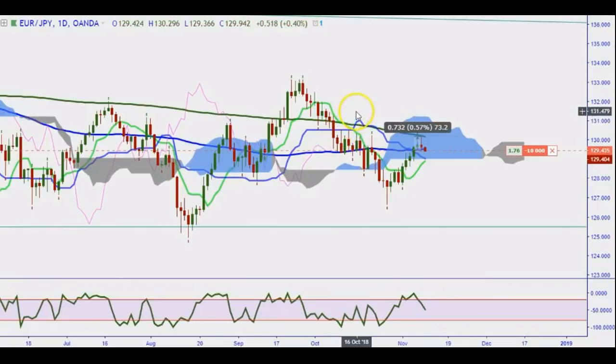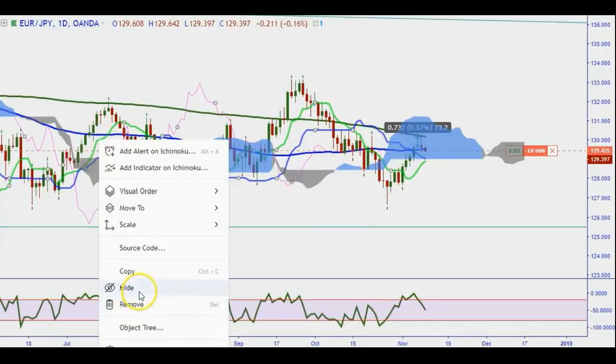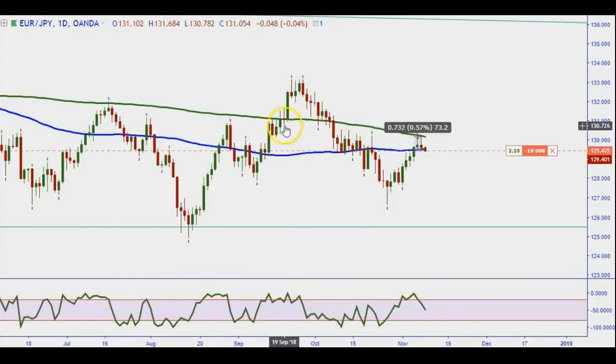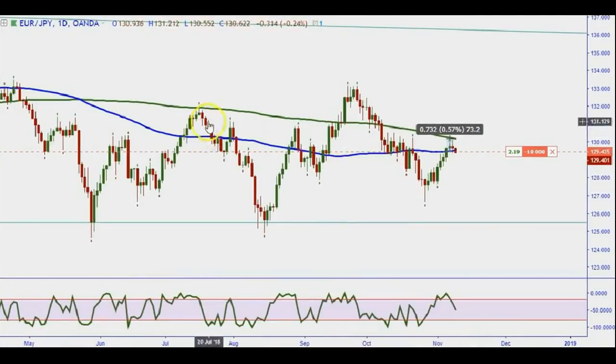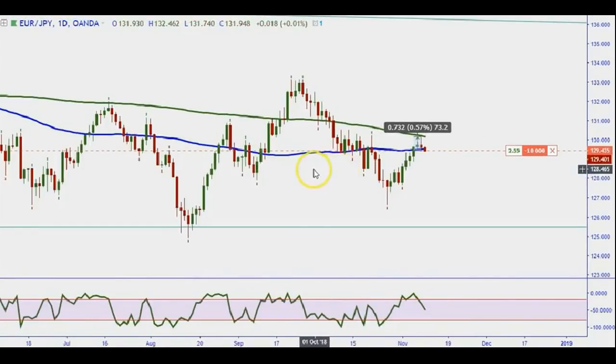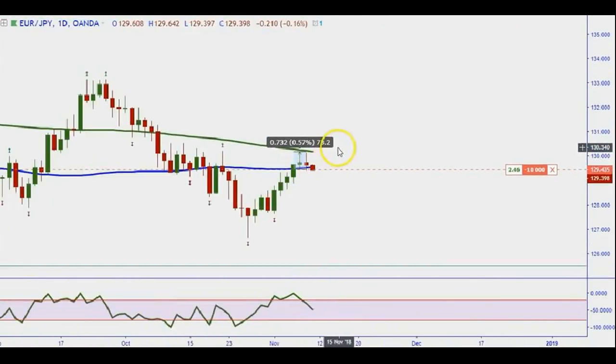Ichimoku's kind of sloppy on this one, so it's hard to trade because you got a bunch of crossovers. So you can see it's really sloppy. So I'm going to take it off. This is why I had it off, because I basically was looking at my opportunity. So I can't always trade Ichimoku when the market's not really giving me all these crossovers here. So it wasn't a good entry for me. So at this point, what I was looking at,